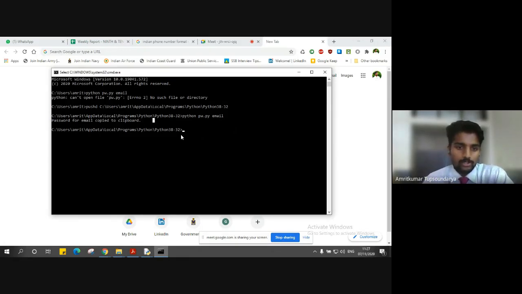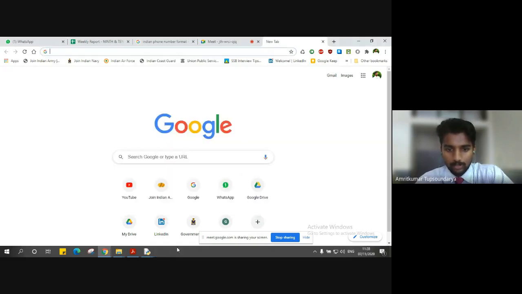The pip tool will already be available in the case of Windows. You just have to install the pyperclip module. I have shown how to install it in Appendix A and Appendix B, so you can visit them depending on your operating system and check out the instructions, right? So that is all about the program that we saw in the previous class.